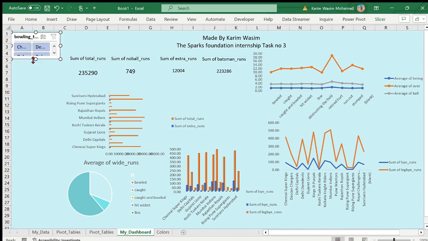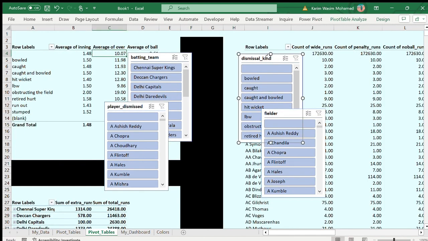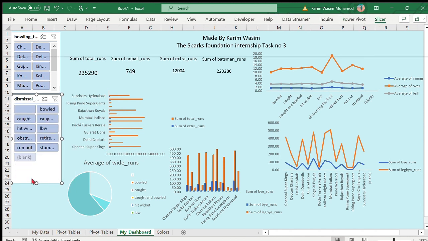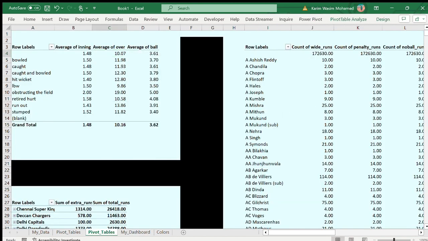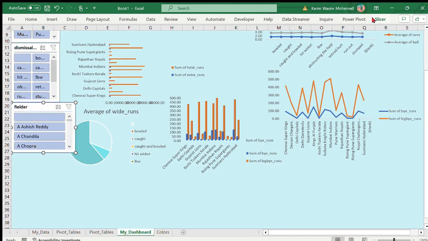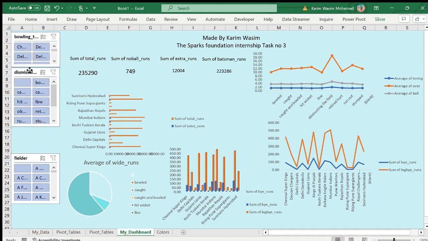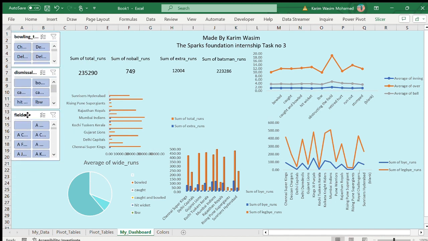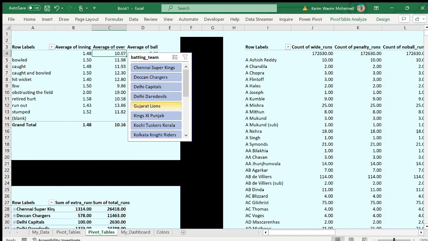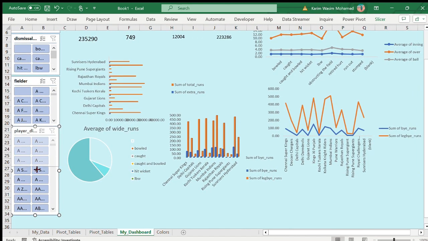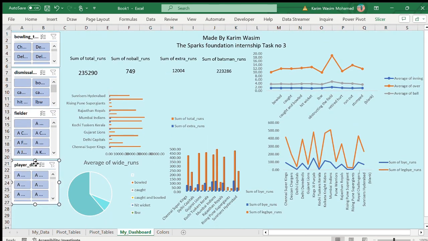In the slicer, I like to put two slicers in one row, to have two options of filtering. I'm only customizing the placement of how they look. You can do whatever you want in the slicer, or you can place them wherever you want, or you can also customize them as you want. Don't forget you also need to connect the slicers with the charts, and that's what we will do, but after we place our slicers in the correct placements. So now